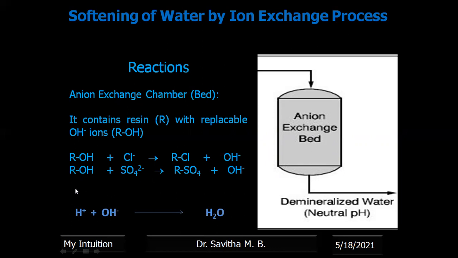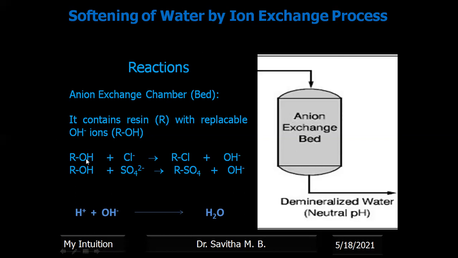Now the water which is coming from the cation exchange chamber does not have any cations, but it is acidic because all the cations have been trapped and H plus has been released. The water also contains anions, because anions are not removed in the cation exchange chamber. Now when you pass it through the anion exchange bed, what happens is the anions go